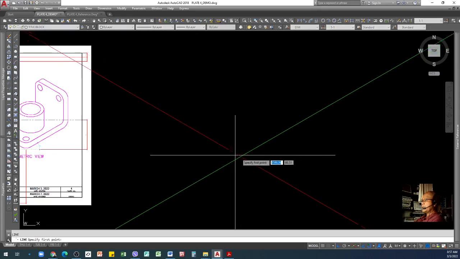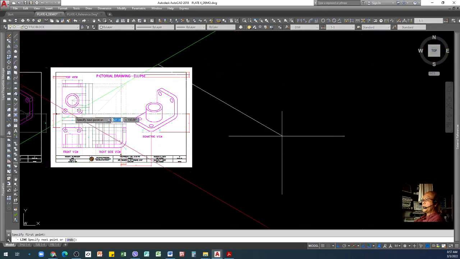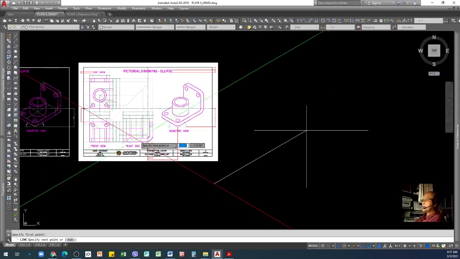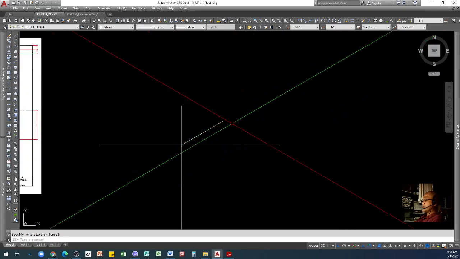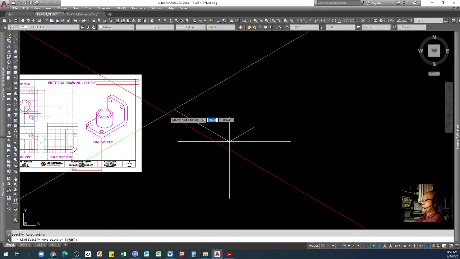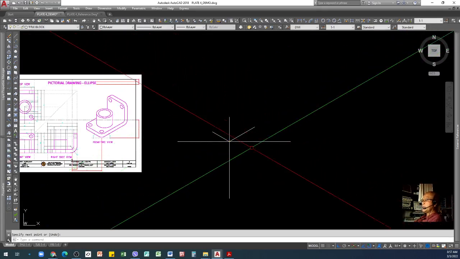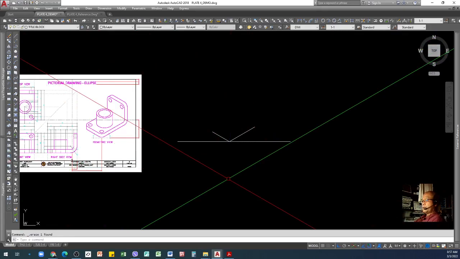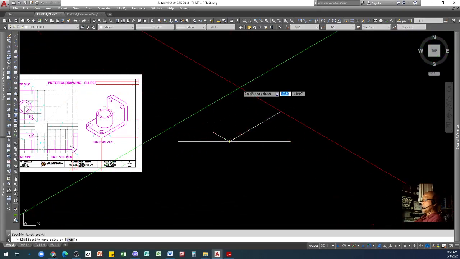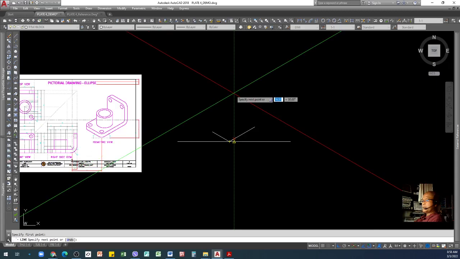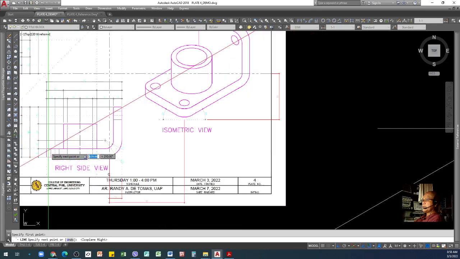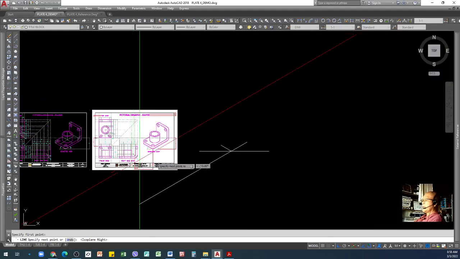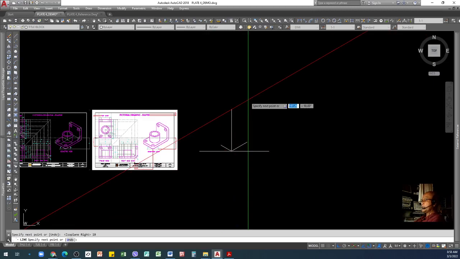So I will do a line here. Our dimension is 90. So I'll go to that direction and then type 90, enter. So that's the 90, and then to the other side we have 60, enter. And then up for our height here, I cannot go up now, so I need to press Ctrl E. The height here, which is 10. Okay, I can type 10, enter.